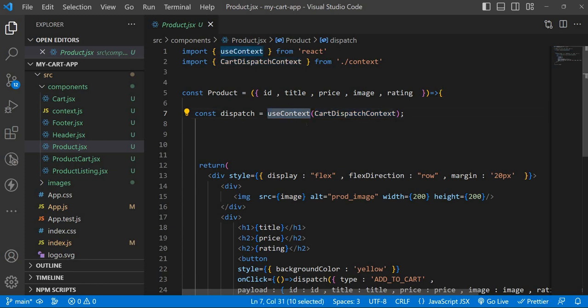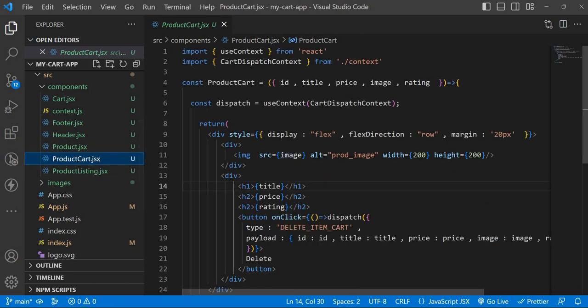To use context, and then it is written. At the same time, in product cart.jsx also we are writing the same thing. Okay, it's not that easy to guess in which situation we need to go for custom hooks right away,